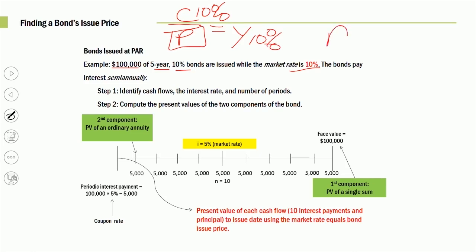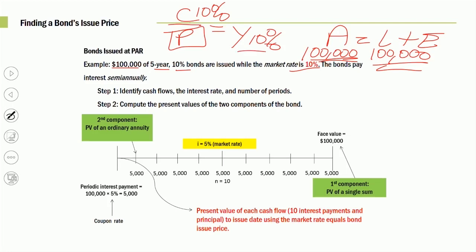You know when those bonds are issued, you're going to take in the face value, you're going to repay the face value. So here, $100,000 financing inflow, $100,000 when it matures, financing outflow. But there's no need when the coupon rate and the market rate are one and the same. There's no need to find the present value of anything. Okay, so the bonds will be issued at face value, $100,000. Obviously not the case if there's a discount or a premium, which we'll see next. But it'll save you a lot of time because all this other stuff doesn't apply unless the market rate is different from the coupon rate.